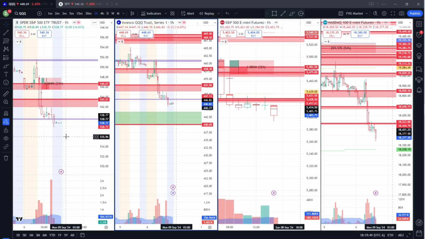So we added the fair value gaps on our chart across all 4 tickers. We added previous day high and previous day low to SPY and QQQ. And the last indicator that I have is